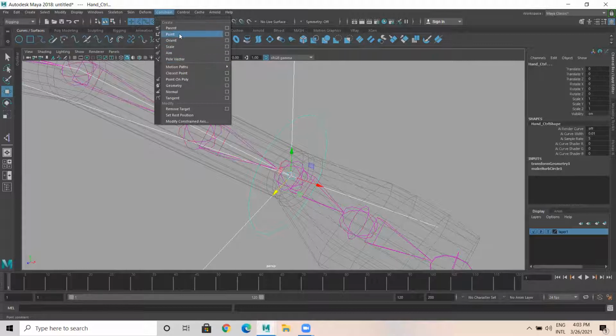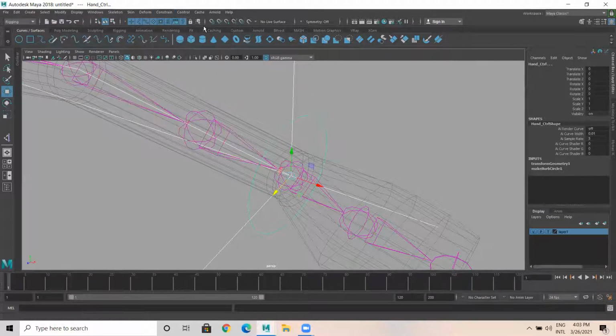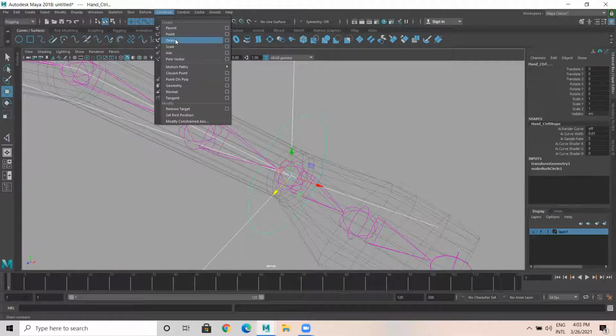Now, point constraint works only for translate. You can see this translate XYZ, right? Point constraint controls the translate of an object. Orient constraint controls the rotation of an object. Scale constraint controls the scale of an object.